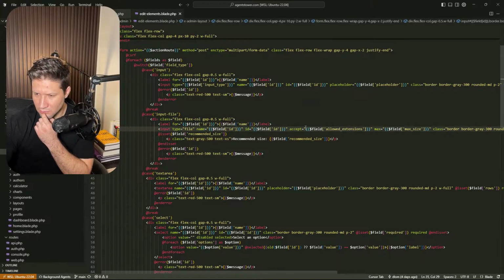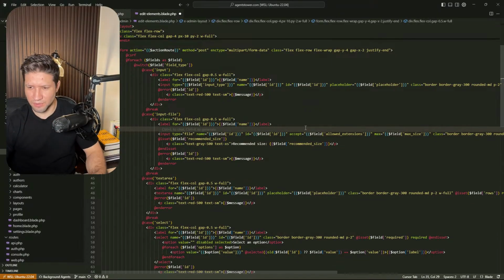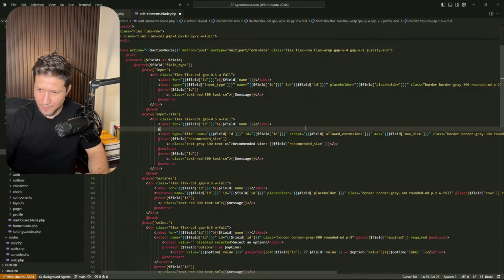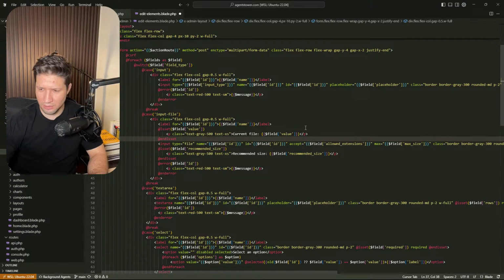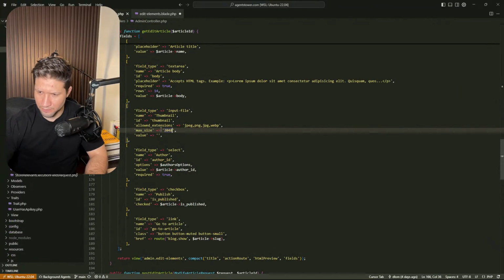So I can add something like is set, something, not exactly this, but for example, if instead of value,